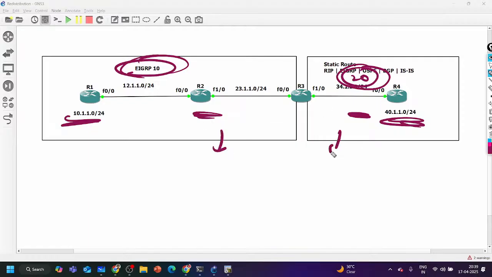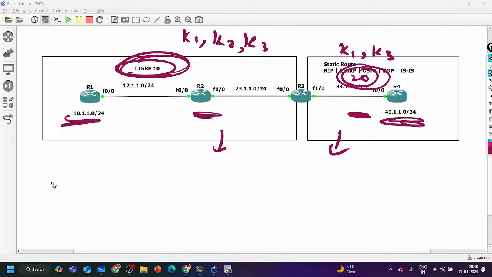different policy. Maybe in AS number 10 you are using K1, K2 and K3 for metric calculation, and in 20 you are using K1 and K3. The router thinks that if two different ASes are there, it means two different routing domains. So again you have to perform redistribution. Why is redistribution required? Just to define the value or parameters which are required to calculate the metric in that particular domain.